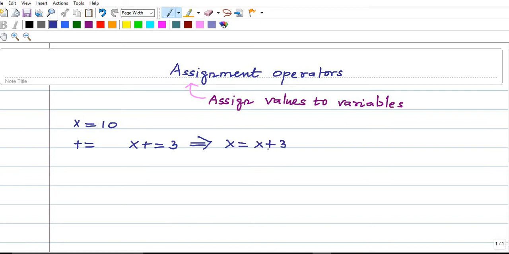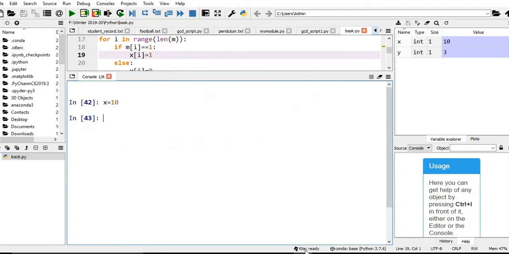First the addition operation x plus 3, then that is assigned to x itself. Already x is 10, so we expect the value to be 13. 10 plus 3, 13. We will verify that, x plus is equal to 3. So you can notice the x value is 13. The current x value is 13.